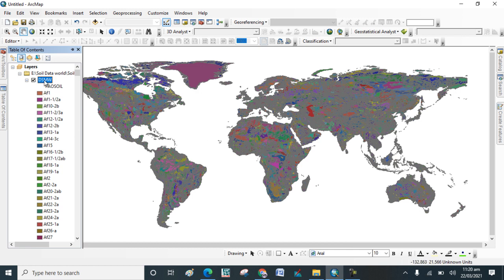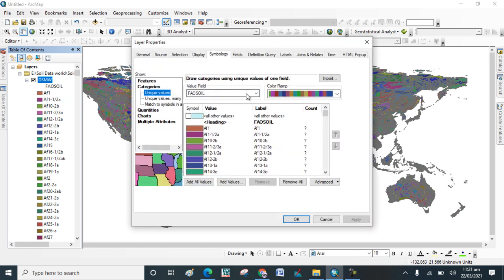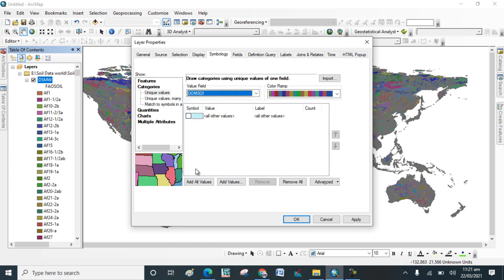If you want to change it to another type, then again go to properties. Now click on symbology and get unique soil type, DOM soil. Click on that one and add all values.